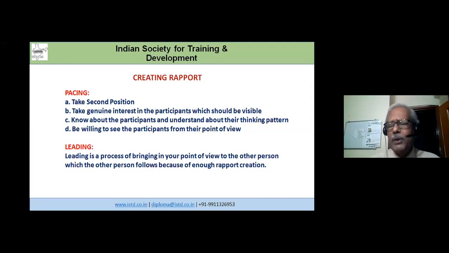So the mistake that the trainer makes is that the moment he enters the classroom, he starts talking about what he wants to tell, rather than trying to listen to the other people and making them aligned, right? So the first thing a trainer should do is make the people align through the process of pacing. And when that pacing is done carefully, and a lot of connection with the trainees is achieved, then one should start throwing his point of view, and the leading process starts, and the participants will accept the thing, they will learn the thing, will get stimulated, and then that training process will become very, very effective.